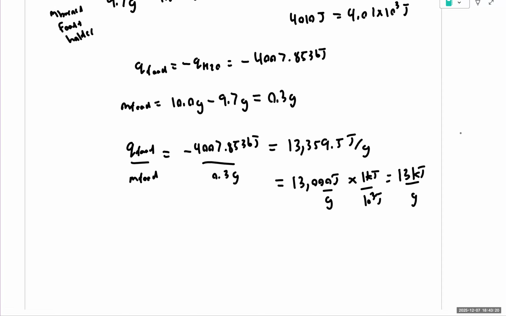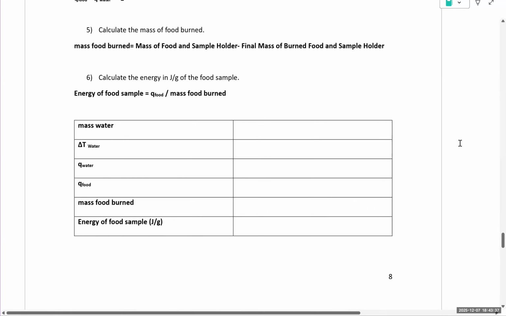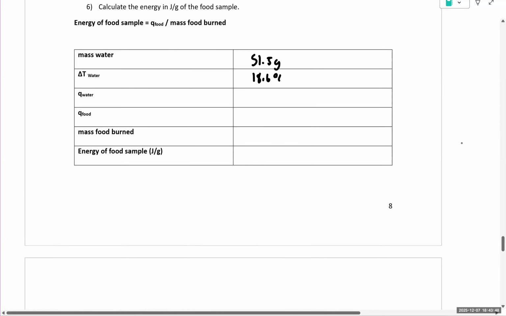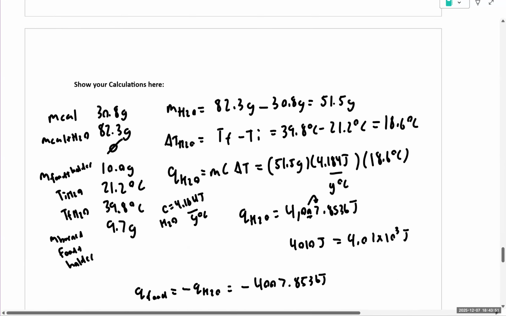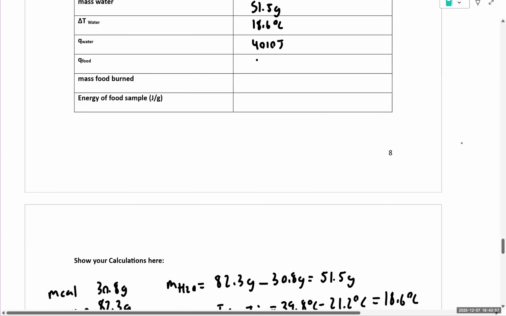Okay, so with that, we've completed our calculations in terms of figuring out the amount of energy released as the food sample is burned. So let's fill in the table. The mass of water is 51.5 grams. The delta T of water is 18.6 degrees Celsius. The Q water is 4,010 joules. The Q food is 4,010 joules,